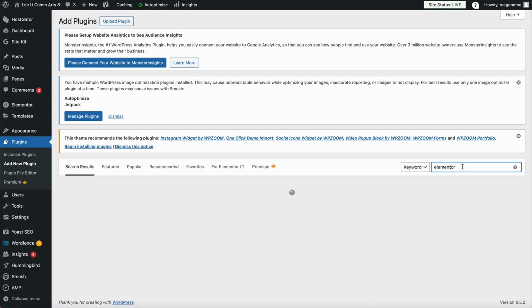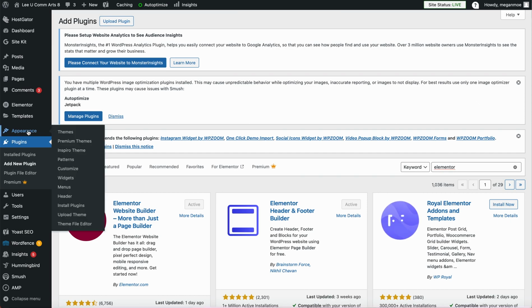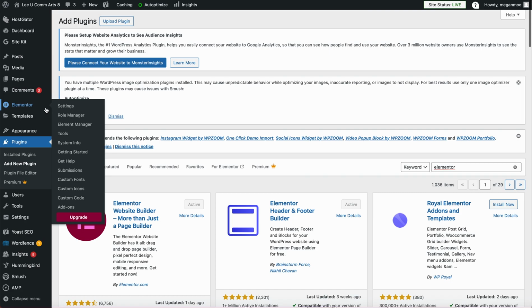I teach my students to use Elementor as the design, and so I'm assuming that everyone already has Elementor installed, and if you do, what we need for the menu is Elementor Header and Footer Builder. So let's install and activate. Okay, so that's good. And so before we installed that, under Appearance, there was nowhere to find the Elementor Header and Footer menu, but now that we've installed it,